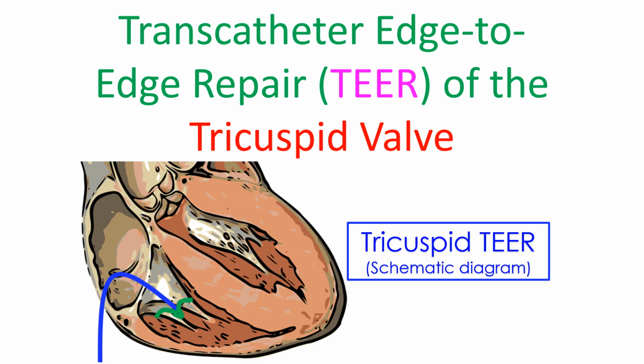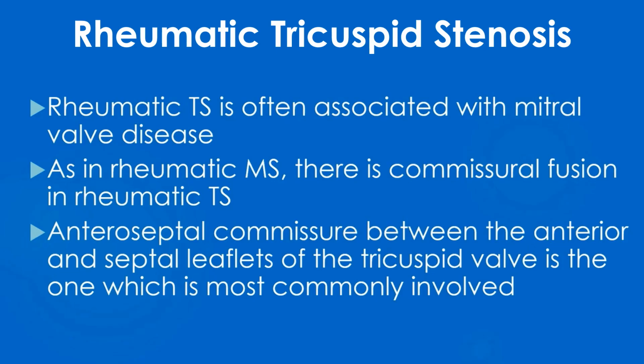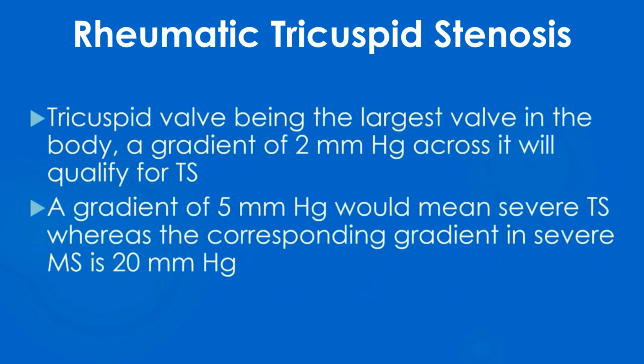Rheumatic TS is often associated with mitral valve disease. As in rheumatic MS, there is commissural fusion in rheumatic TS. The anteroseptal commissure between the anterior and septal leaflets of the tricuspid valve is the one most commonly involved. Tricuspid valve being the largest valve in the body, a gradient of 2 mm of mercury across it will qualify for tricuspid stenosis. A gradient of 5 mm would mean severe TS,